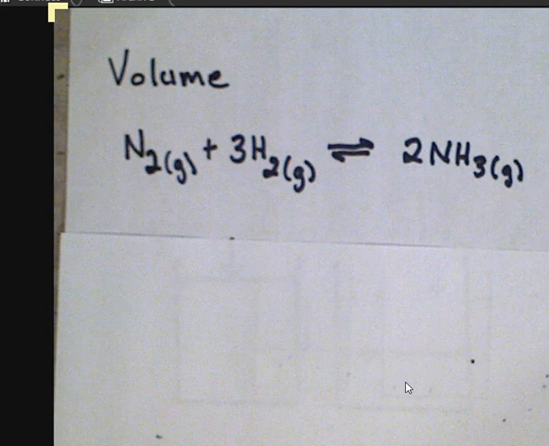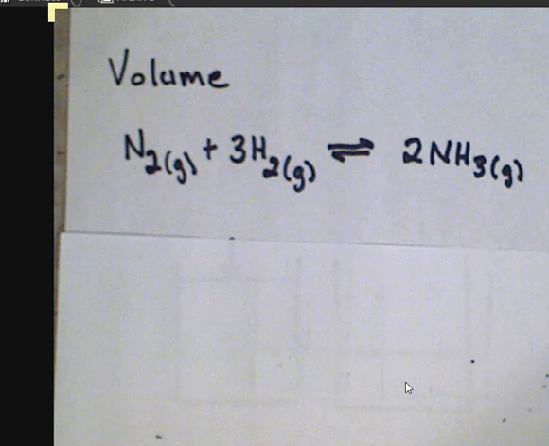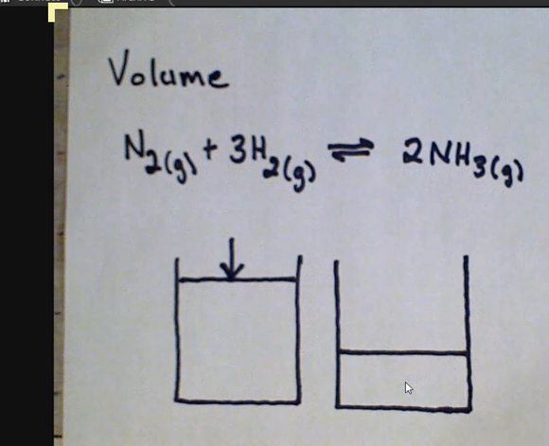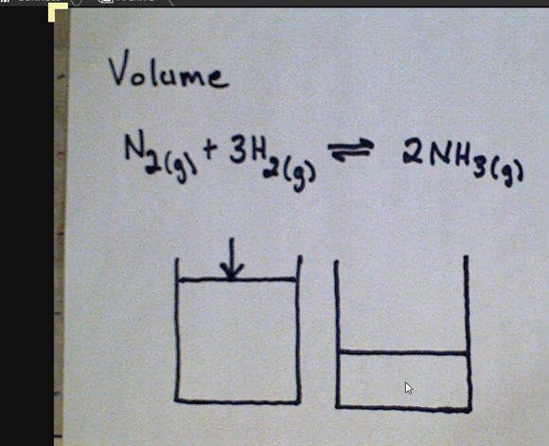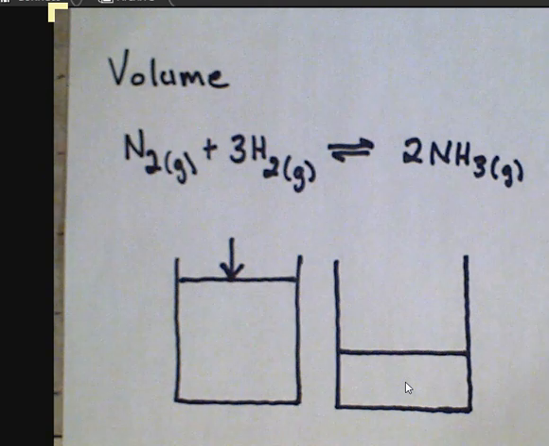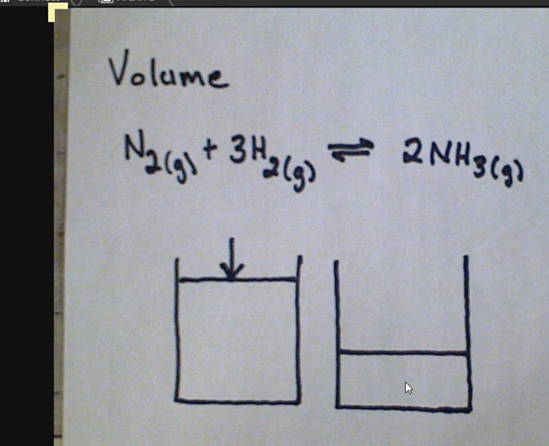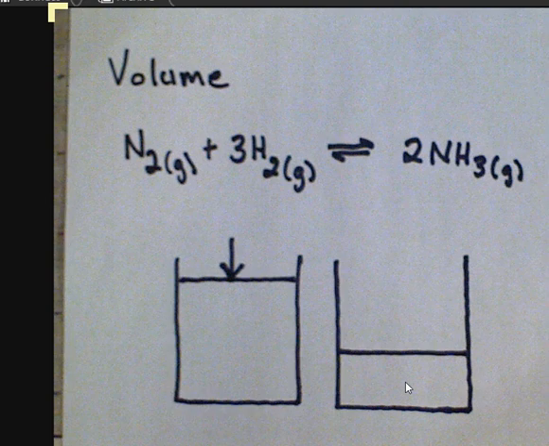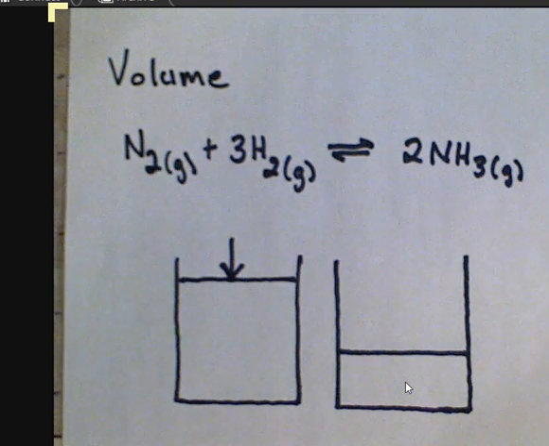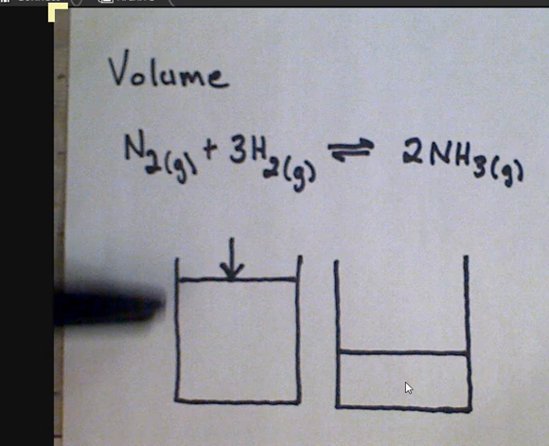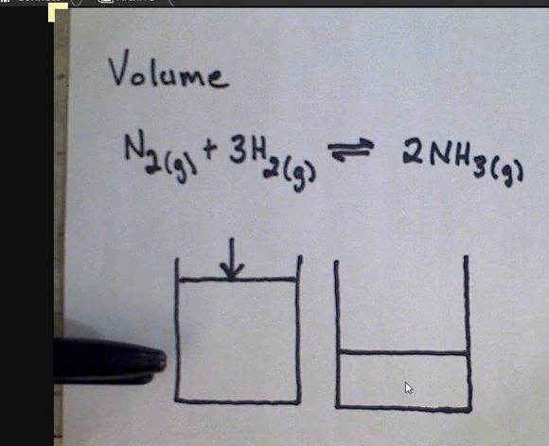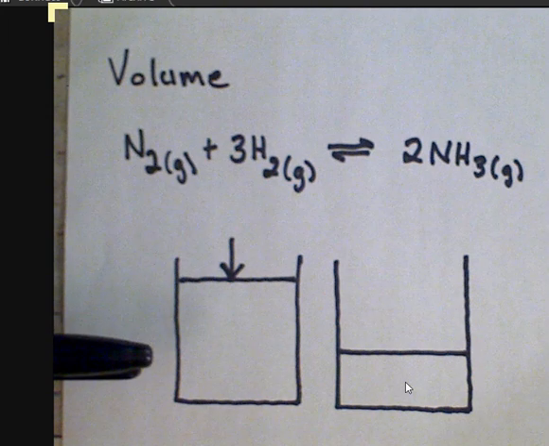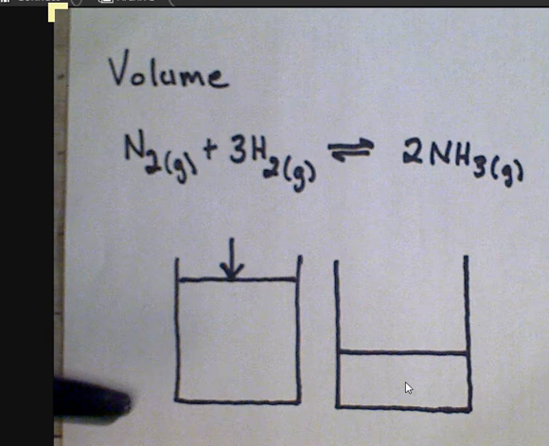So here's an example of a system that involves some different gases, and we could affect the volume. Think about a reaction taking place in a chamber of which we can adjust the volume. Think of maybe a syringe where you push the plunger in and reduce the volume. What we find is that for a reaction that involves gases, if you reduce the volume of the container they are reacting in, again presuming the system is already in equilibrium, the reaction will shift towards the side with fewer moles of gas.